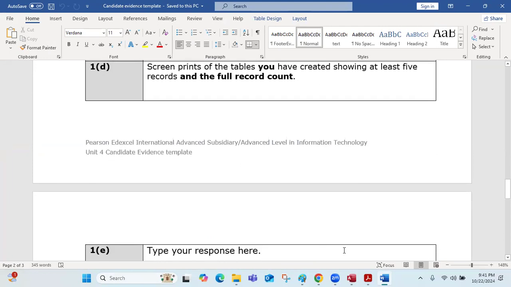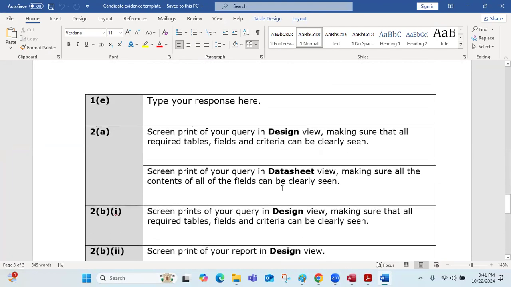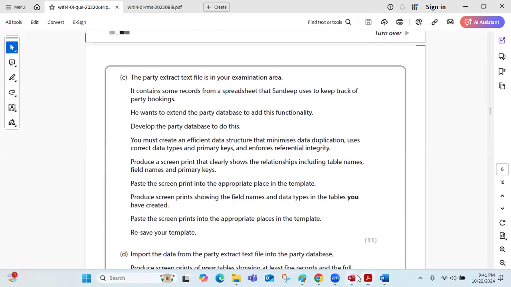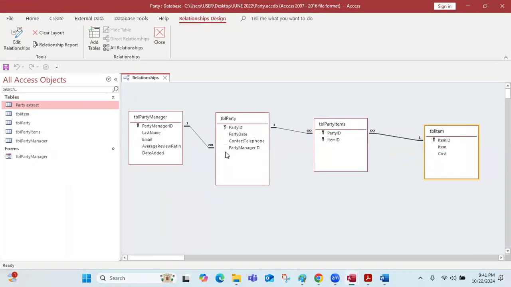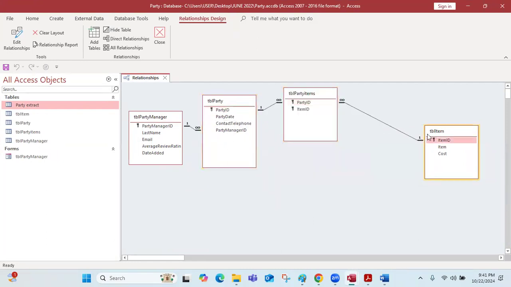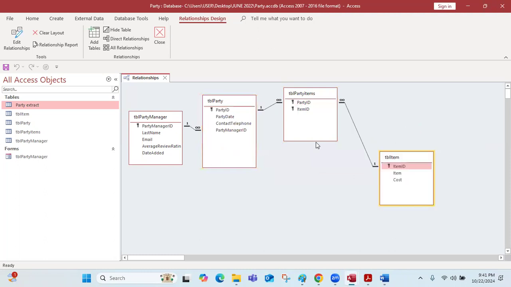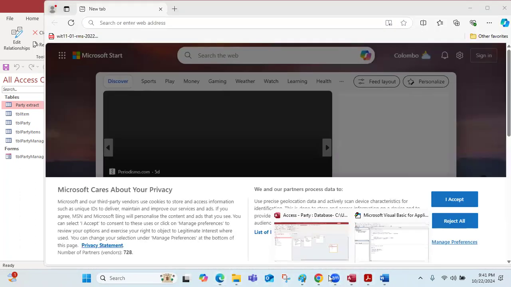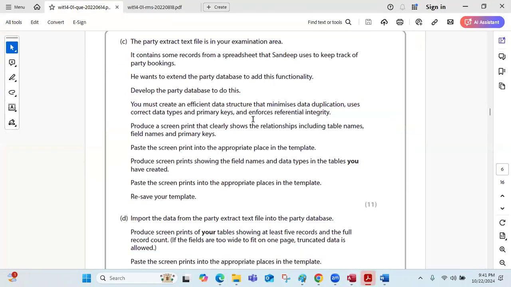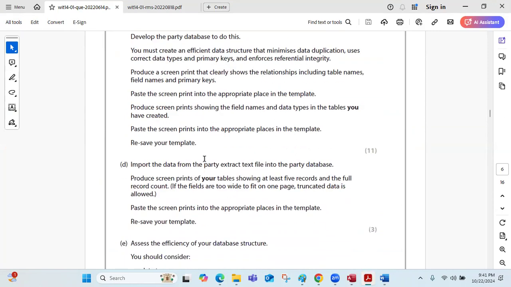I will continuously do this and finish it off and get the screenshot and put it. Right. Is this clear? Right. So then next part is what? We'll read the question. So this part is done now. Import from the party text file in